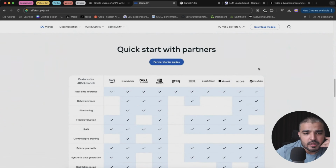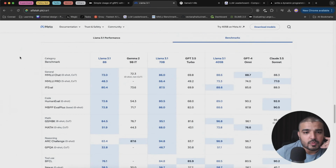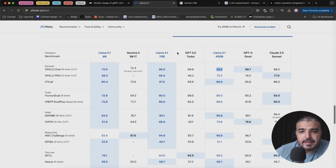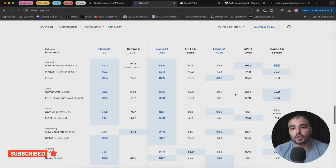So yeah, we have some of the inference details, but I think you would be more interested in the benchmarks. In comparison to some of the existing models like Claude 3.5 Sonnet and GPT-4 Omni, which is on 88.7, Llama 3.1 is right around the corner with 88.6, obviously with 400 billion parameters. Then we have GPT-3.5 Turbo. It's leaping behind, but 70B has a higher count than even Claude 3.5 Sonnet, which is kind of great. In a lot of benchmarking, Llama 3.1 is almost as near to GPT-4o, which holds the highest rank